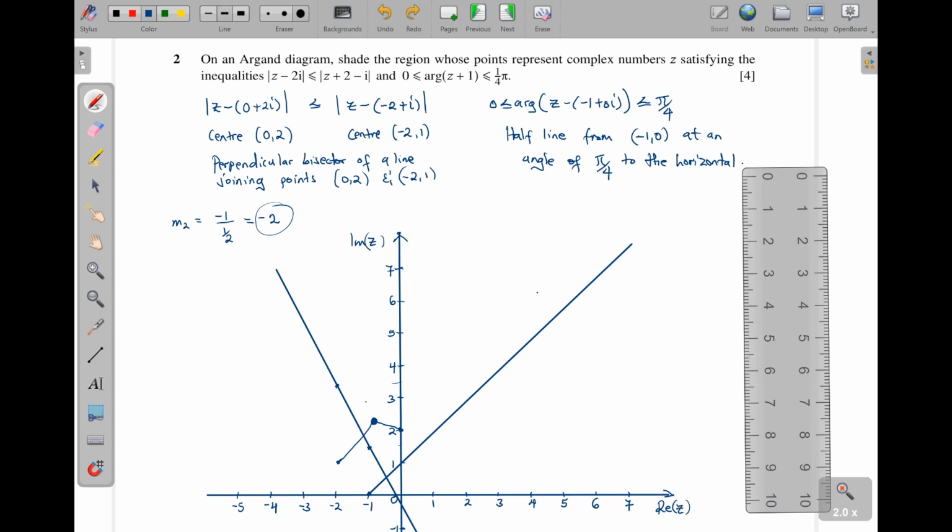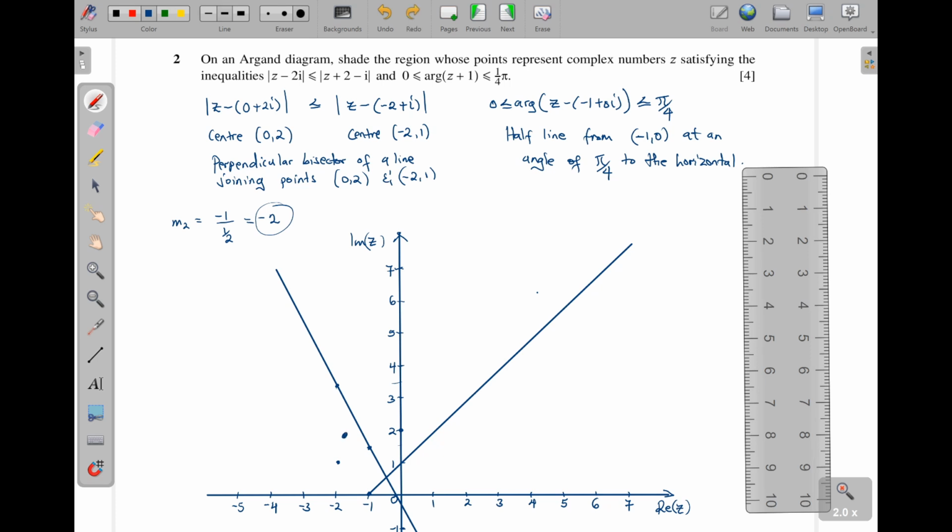So this simply means that a point that is in this region here, this way, is in the wanted region. A point that is here,